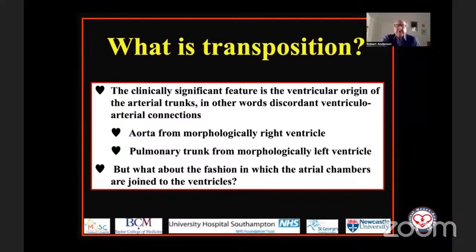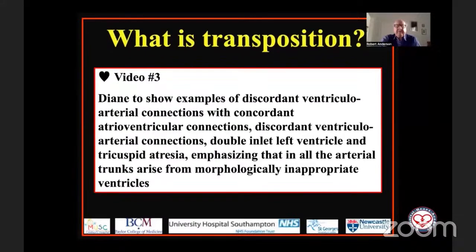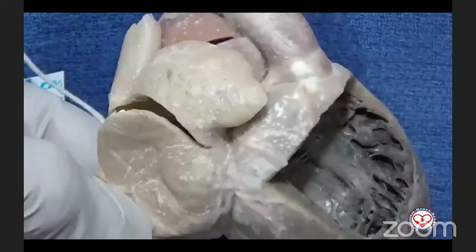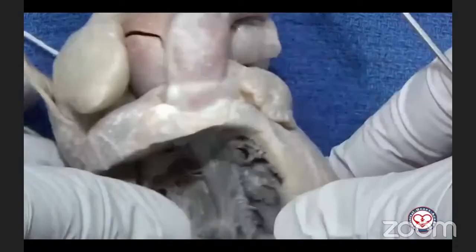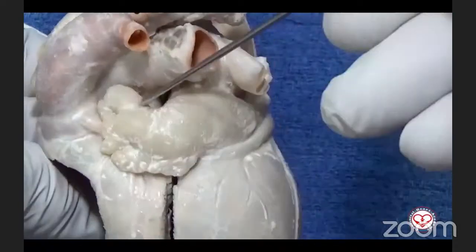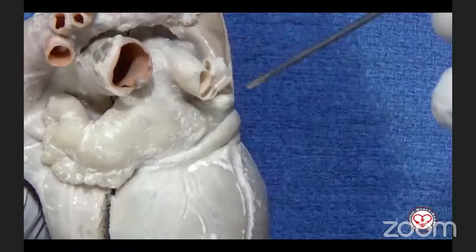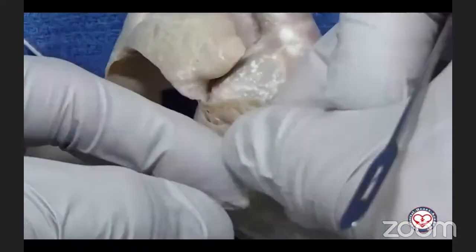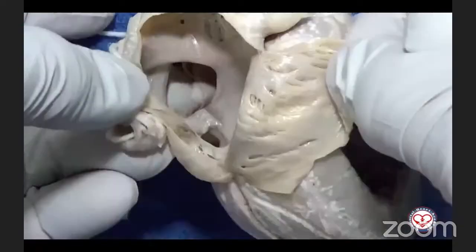This specimen has transposition with usual atrial arrangement. So on the right, we can see our morphologically right atrium and its appendage. And to the left, we can see the morphologically left appendage and the left atrium with the pulmonary veins draining to its roof. If we look inside of the right atrium, here we can see an associated malformation that is